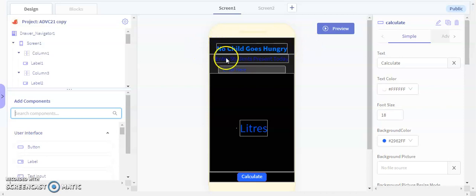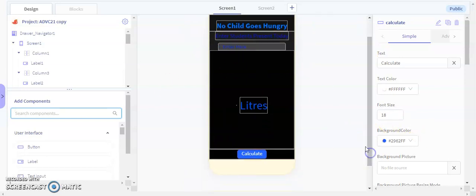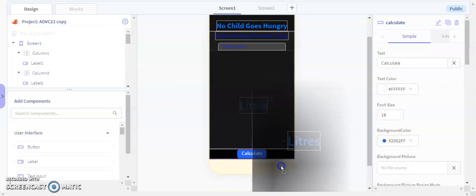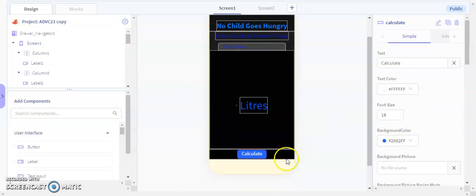This "No child goes hungry, enter students present here and enter here" is all in one column. Then this full black part where you can see the letters written is one whole column. So we have one column, 2 column, and over here at the end you can see this calculate button. That's the 3rd column.